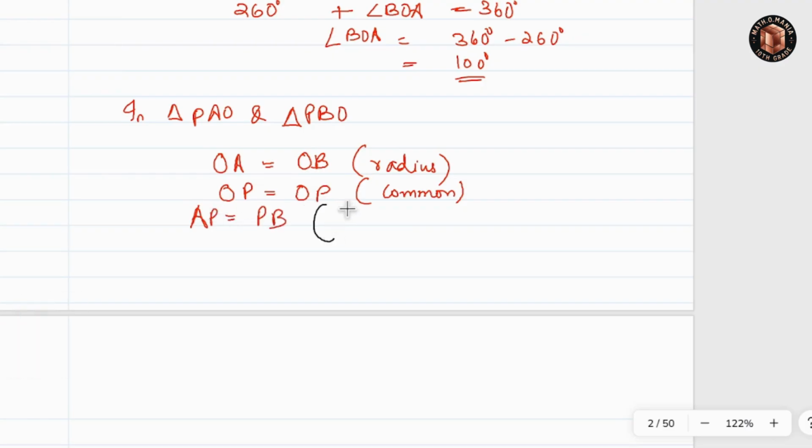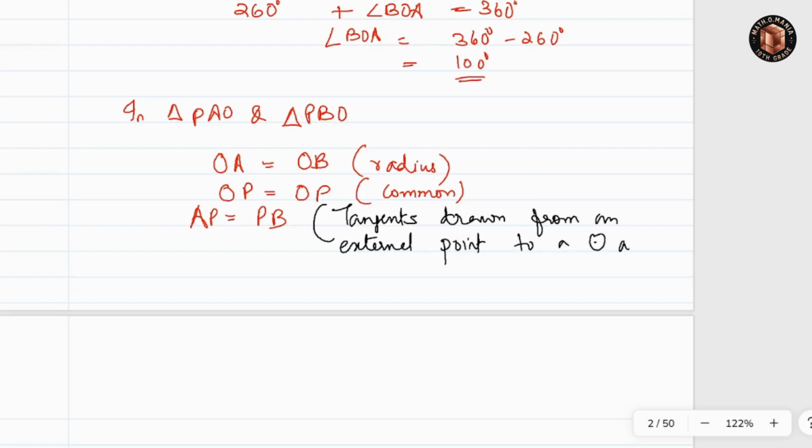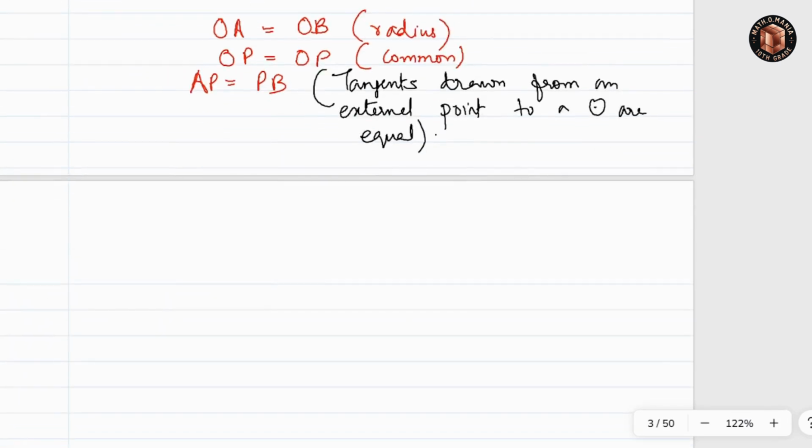For that you can write the reason as: it is a theorem, tangents drawn from an external point to a circle are equal. Clear? So we got that one. Now we can write, therefore triangle APO is congruent to triangle